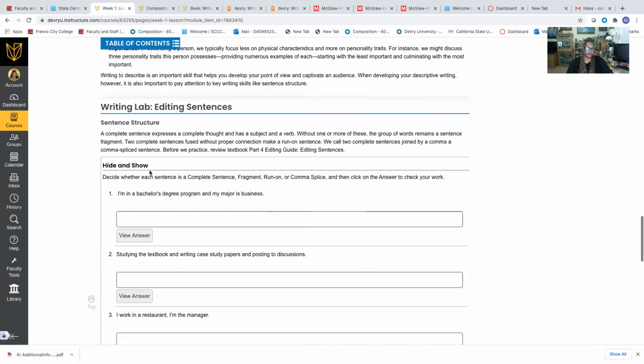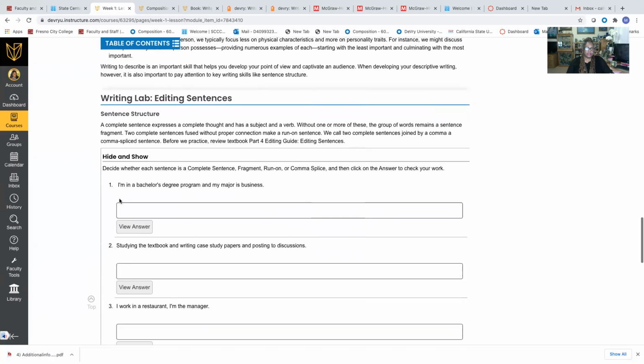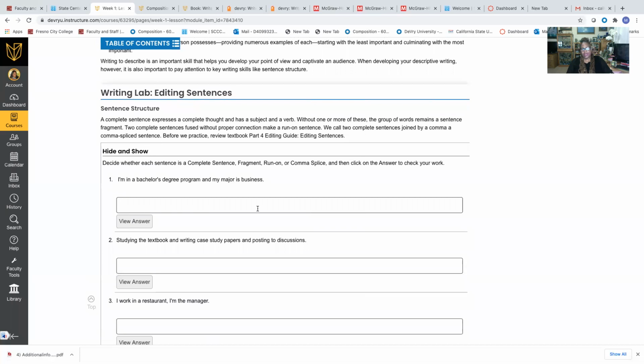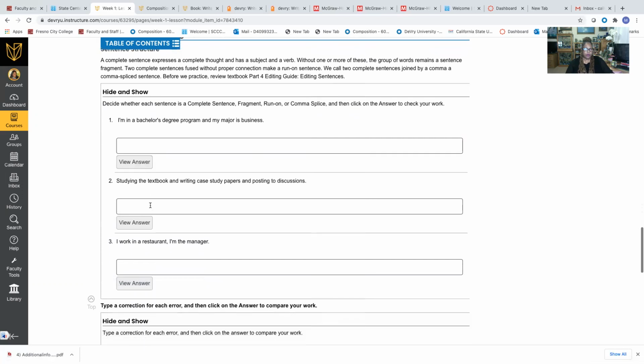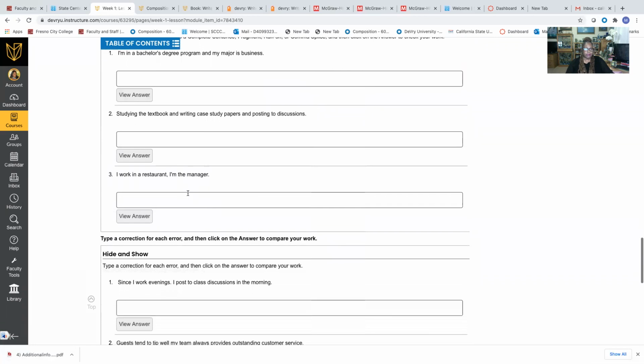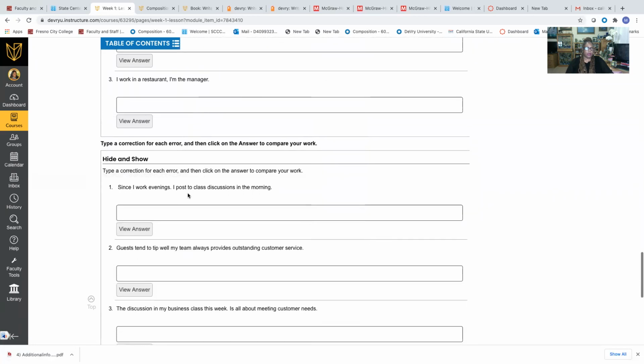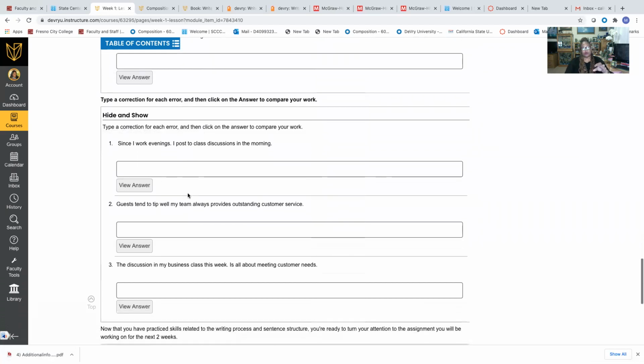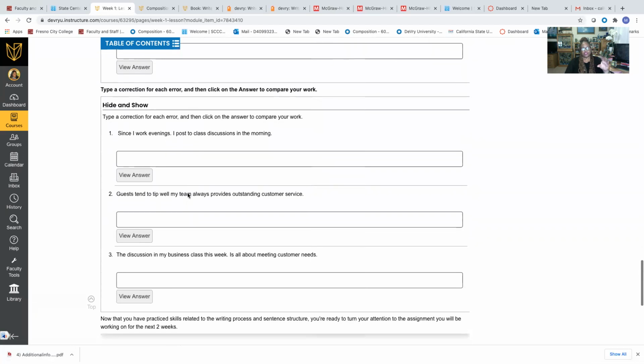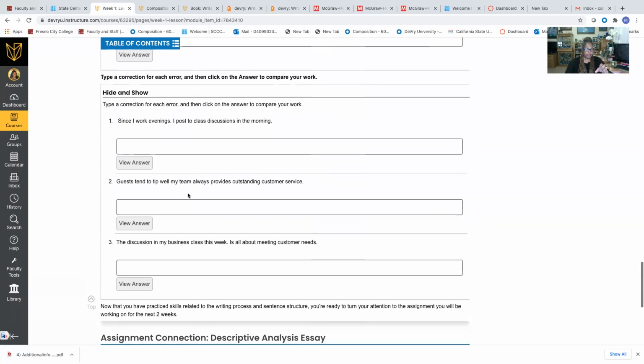It tells you right here, you go ahead and figure out what is this and write your answer here. And then you can come here. Is it a fragment? Is it a complete sentence, run on, comma splice, whatever it is, write your answer here. And then you can click and view the answer, the correct answer. And here is another type of correction for each error. You can go here and do the hide and show for this particular area too, and type the answer here